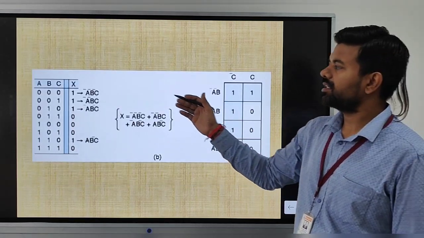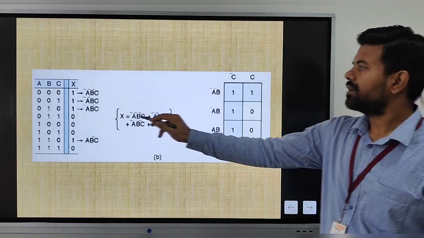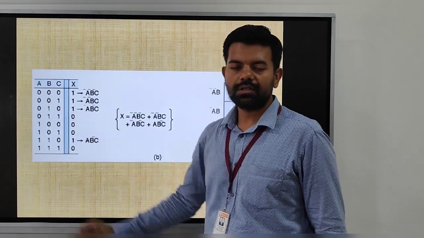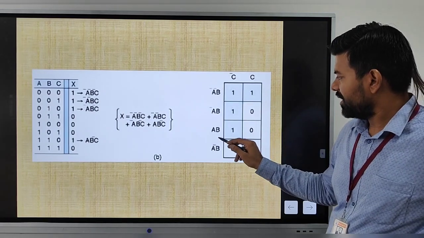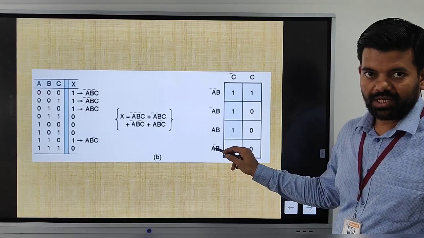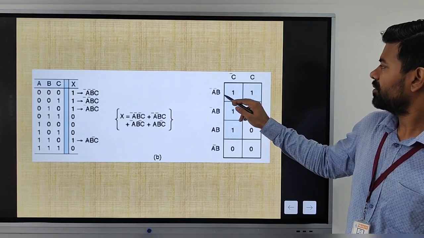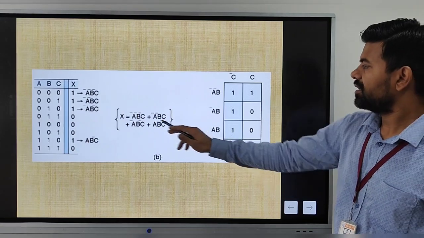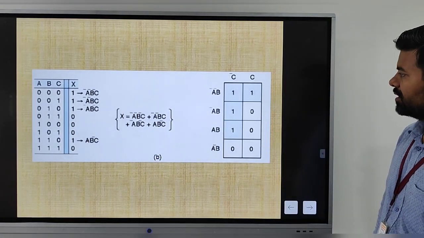This is the three variable K-map. How is the three variable K-map made? We took these two as common and this one as single: A bar B bar, A bar B, AB, A B bar, with C bar and C. This is how we can diagonally connect and fill our desired Boolean expression on this K-map.